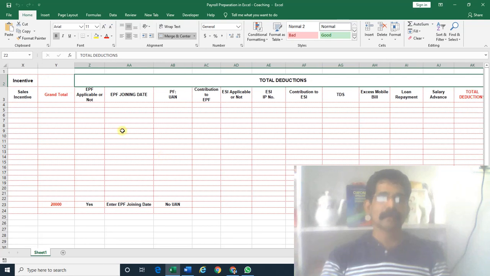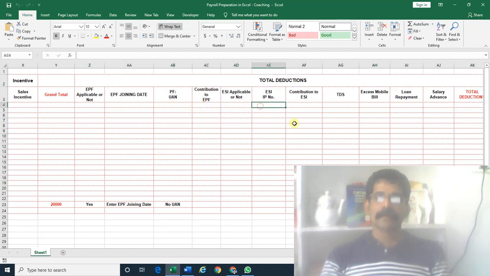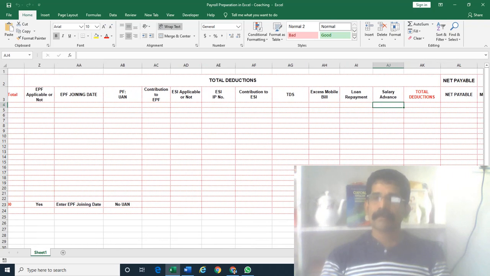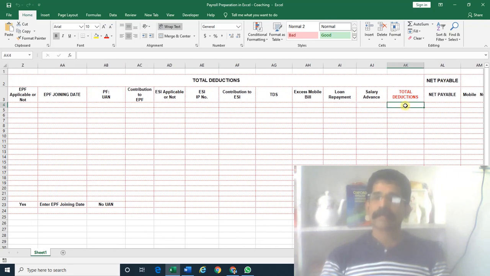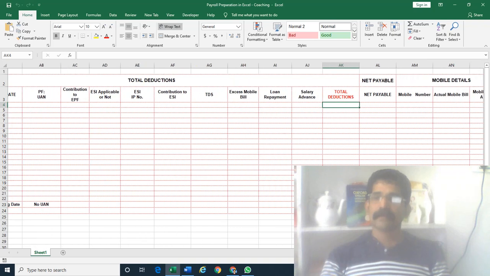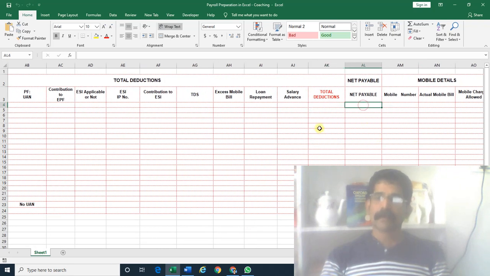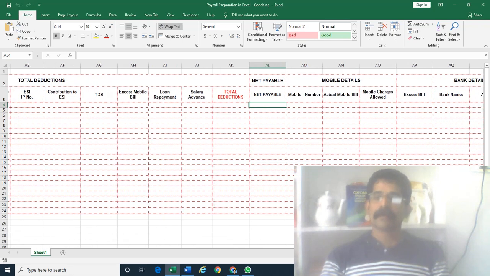What are the deductions? PF, ESI contribution, TDS, excess mobile bill, loan repayment if any, salary advance if any, then total deduction. Then what is the rest? Total salary minus total deduction, net payable. Again mobile number and everything.